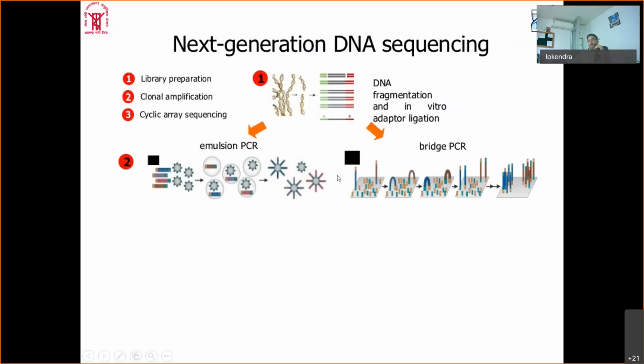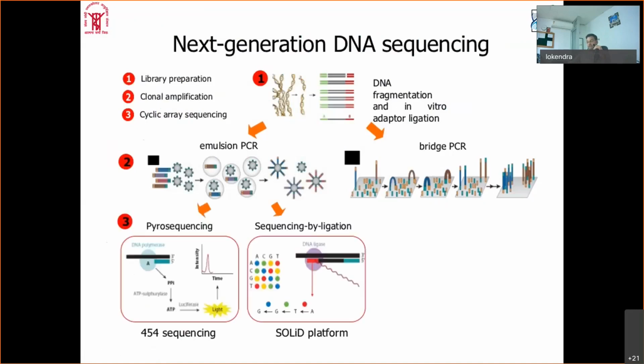So there are various methods or technologies, but if we want to classify them, there are three major techniques that are used for NGS. One is the pyrosequencing method, which is an outdated method. It was very well known before 2008. Now it is obsolete, so nobody is using it right now. But just for your information, pyrosequencing: once you have DNA fragmentation and adapter ligation, it is followed by emulsion PCR.